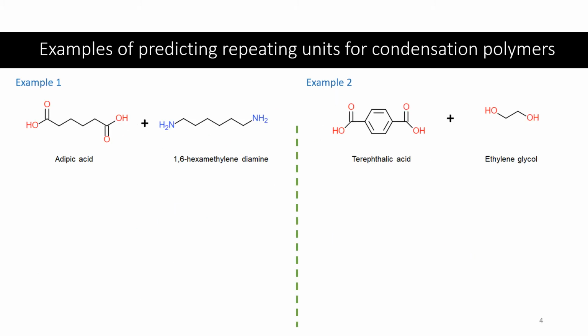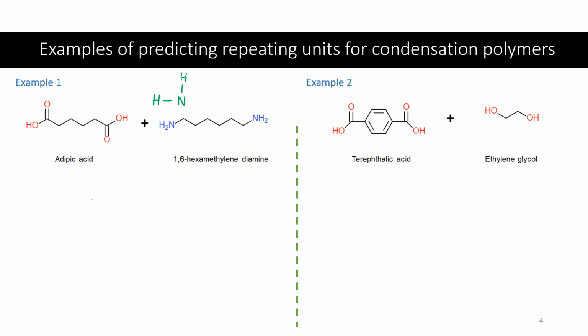Now we're going to look at 2 examples for predicting the repeating units for condensation polymers. Let's look at the first example. We're going to look at a reaction between adipic acid, which has 2 carboxylic acid functional groups at the end. Then there is 1,6-hexamethylene diamine, which has 2 primary amine groups at the end. Just like before, we have the nitrogen with 2 hydrogens in it, and